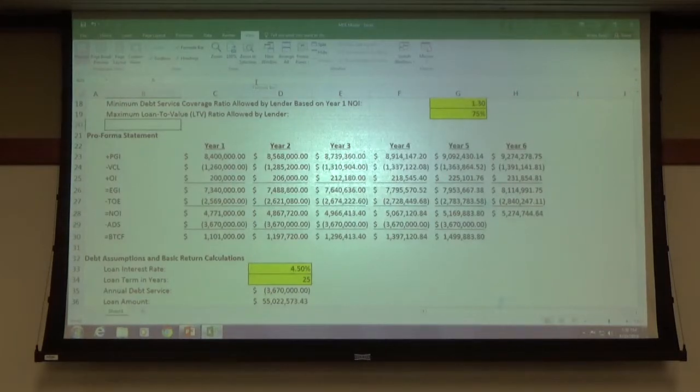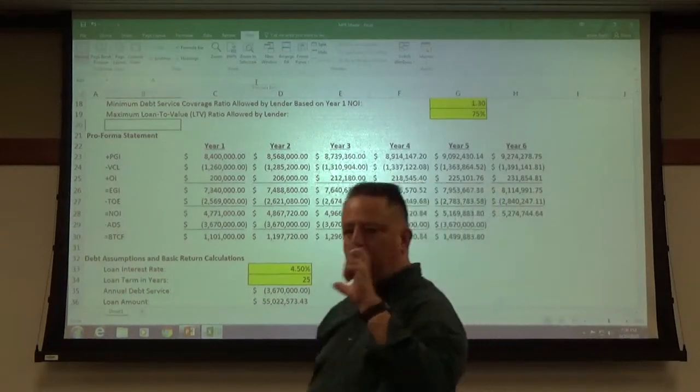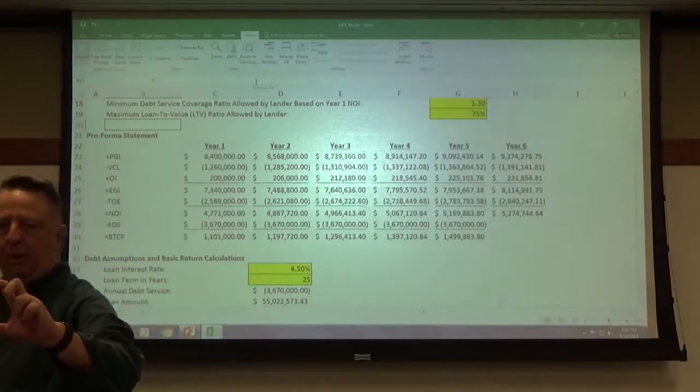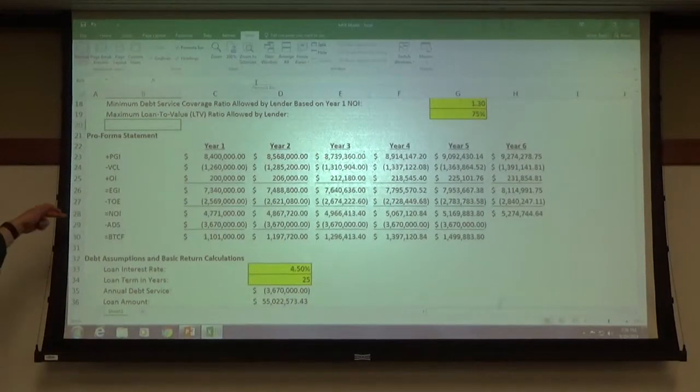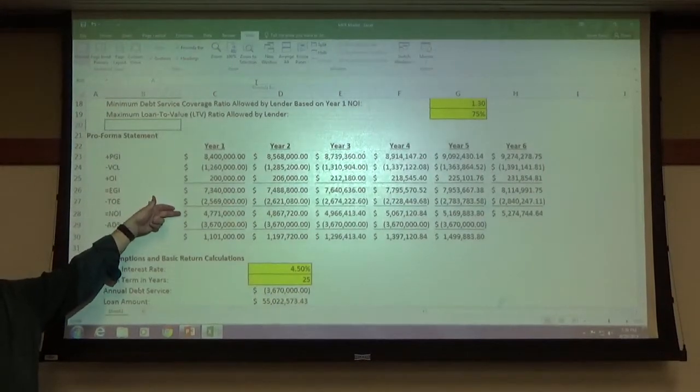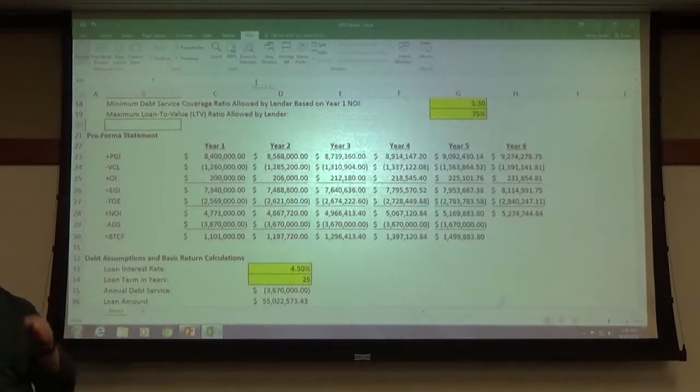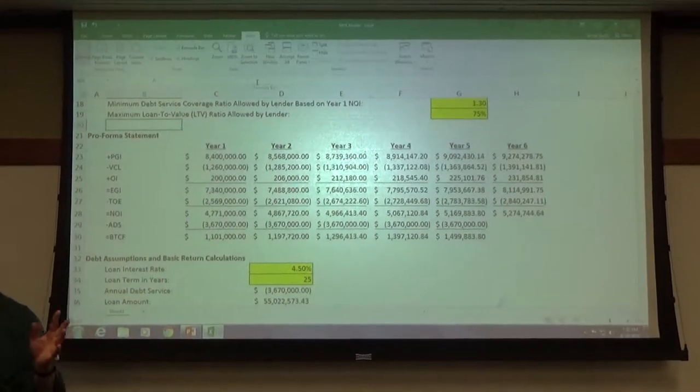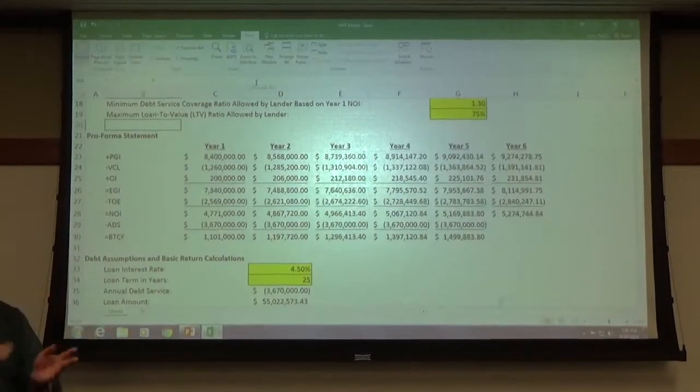So they're basically saying, we want a 30% cushion so that if your income were to go down by as much as 30%, you can still pay us. Does that make sense? Yes or no? It's a long-winded explanation to get to what it actually means, but I think it's important for you to be able to understand that's what it basically boils down to.